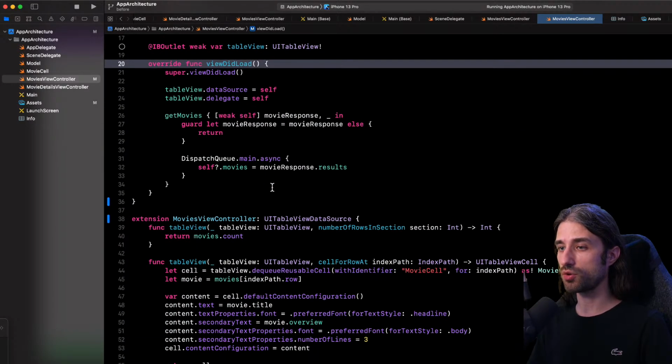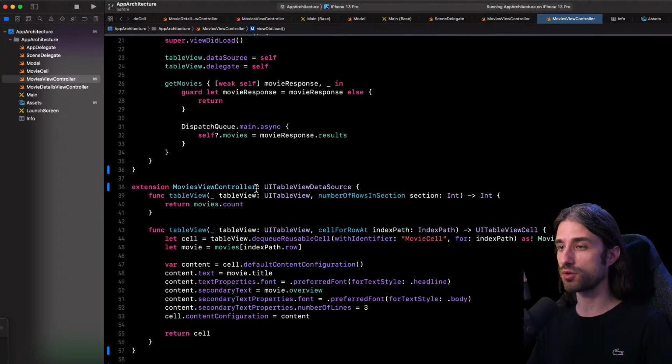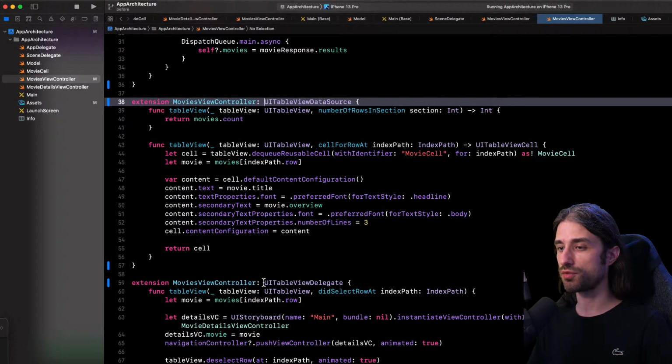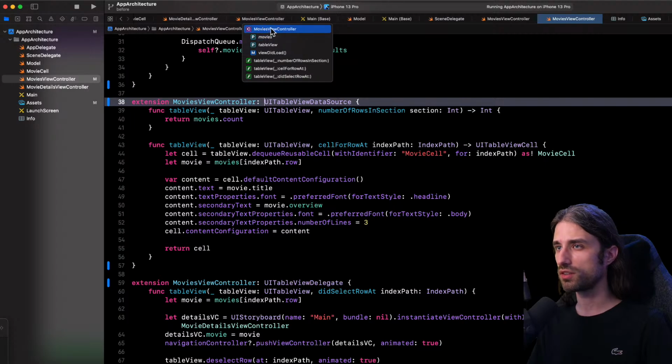And then as I scroll down, I see other extensions. So first, an extension that makes my type conform to UITableViewDataSource, and then another one that makes my type conform to UITableViewDelegate. And what's nice is that when we take a look at the little outline here,